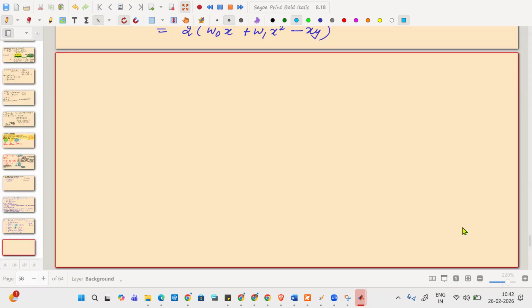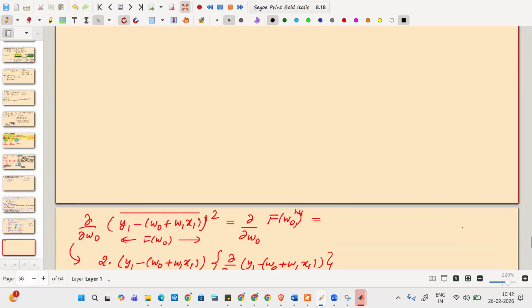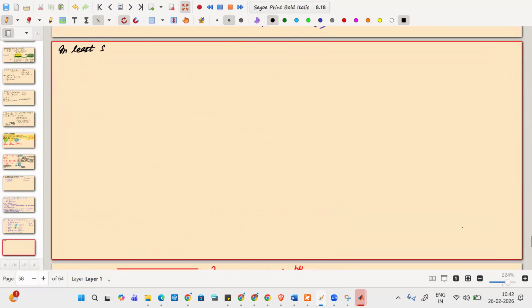So this is a generalization of the estimation function. Okay, so we'll start. In least square regression, the estimation function. Do you know what is the estimation function? The estimation function is nothing but y cap x. That was w0 plus w1 x yesterday. Okay. So the y cap x, or the estimation function in general,